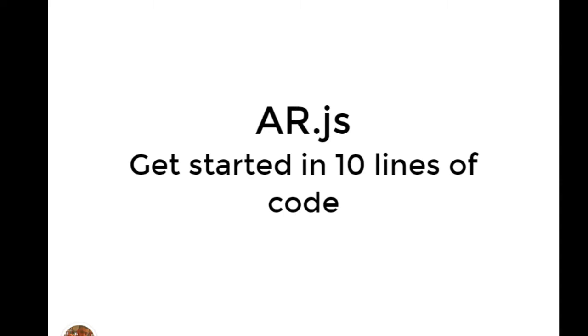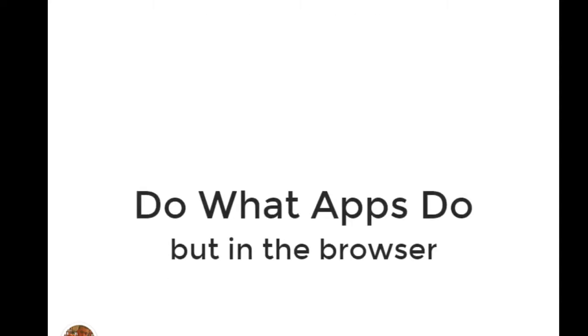So that was AR.js. Their whole spiel, I thought I'd repeat it, is get started in 10 lines or less, because it's a library, so you really can. This is their default marker. You can just print this out. It works from screen to screen as well, as long as there's not a lot of glare. But that's that library. And I'll put links to all the stuff in the GitHub repo that we always do for these talks.